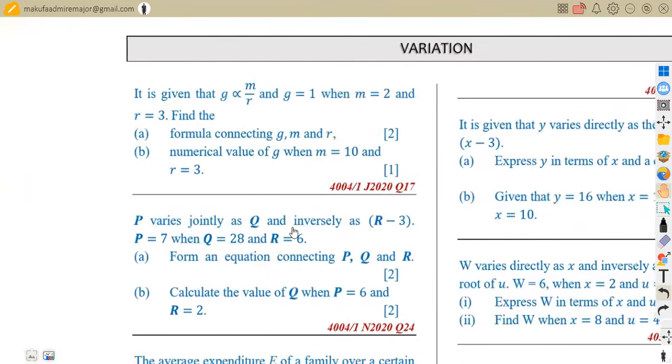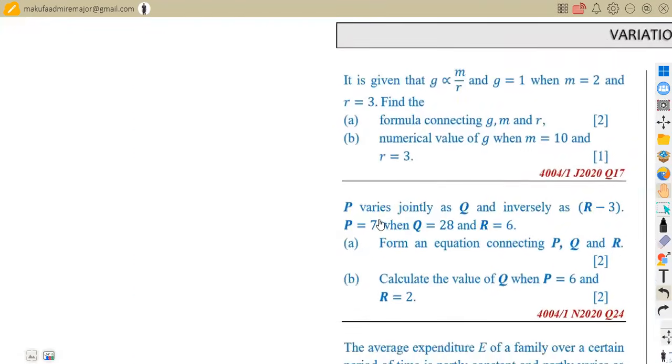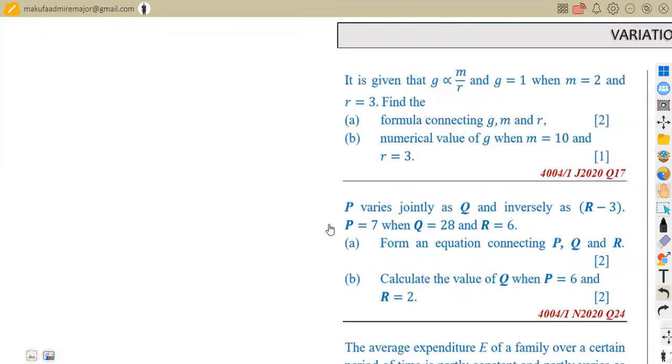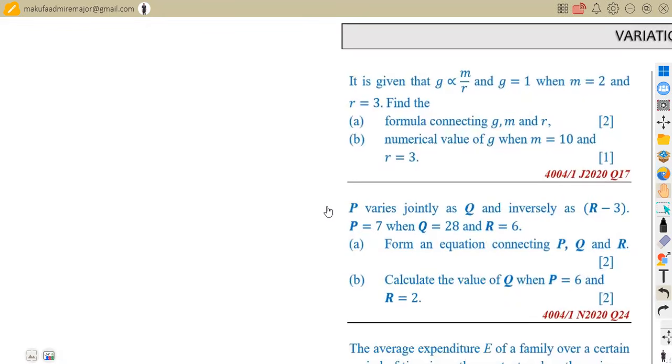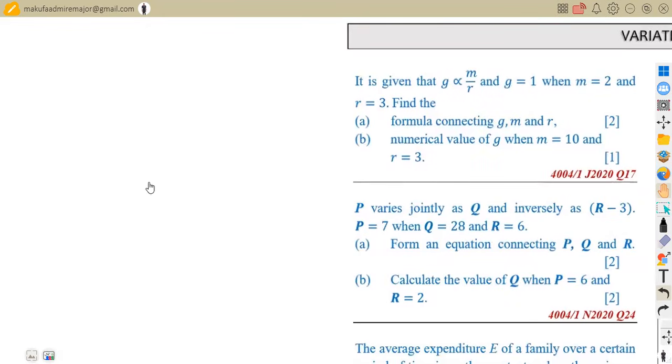It's one of the most important topics that we have, carrying a lot of marks from paper one, and we also expect to have variation in paper two. I explained from the basics of variation. All that we need is to know the types of variation that we are going to consider, starting with direct variation, whereby we are referring